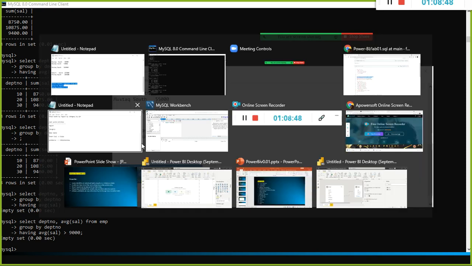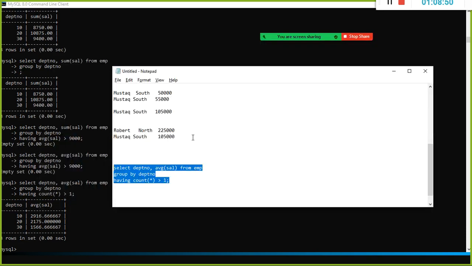Say average, sum, minimum, maximum, these are all called aggregation functions. So what is happening here? For each depart number it does split, apply, combine, right? That is what is happening on the depart number column.